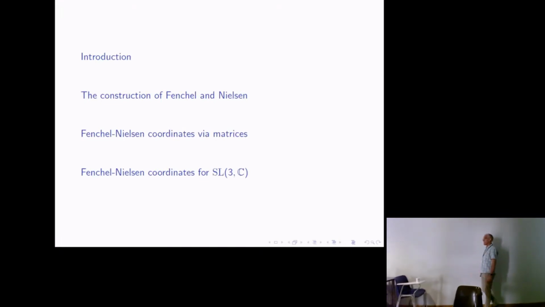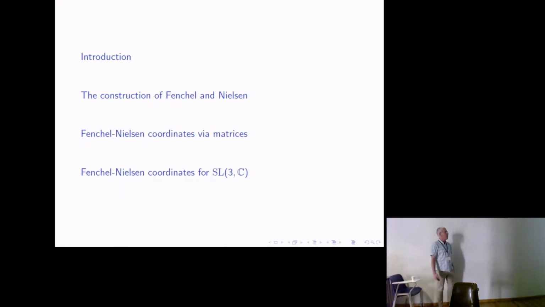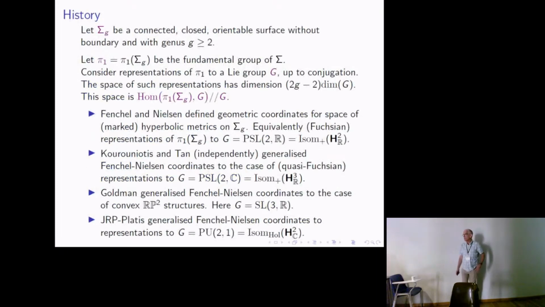There's a table of contents, because we all like tables of contents so that we know when to wake up and when to go to sleep. Basically there's three main chapters. A little bit of history about what Fenchel and Nielsen did back in the 40s. Then I'm going to reinterpret that in the language of matrices, and then we're going to generalize. So here's some history. This goes back slightly beyond the history we heard yesterday from Peter, but obviously not as far as the 18th century maps.